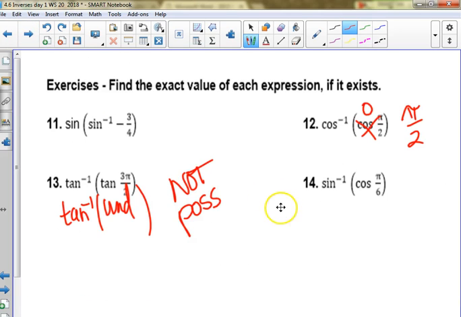Too many slides. Okay, let's try 14. Is this going to undo each other? I think not, because it's not even the same function, right? Okay, what is the cosine at pi over 6? If I go around to pi over 6, the cosine is the x value, and the answer is? Okay, now I'm doing an inverse, so I want an angle whose y value for sine is square root of 3 over 2, and I get,